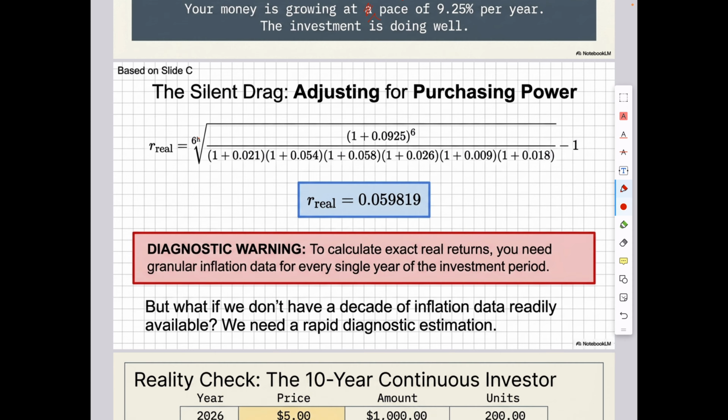So it will be 0.059819, which tells me the real rate of growth on average across the 6 years is about 5.98%, which is good. It means your money is growing, your wealth is growing, your purchasing power is growing,